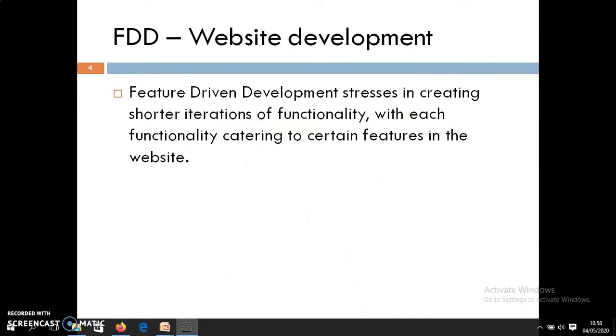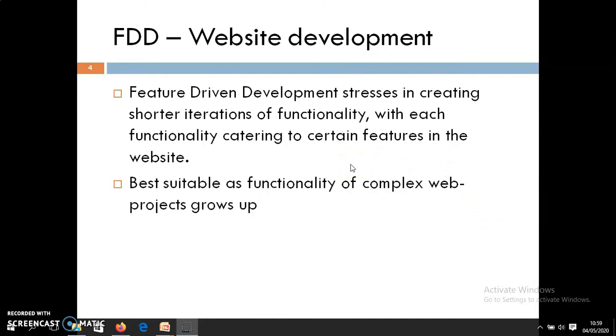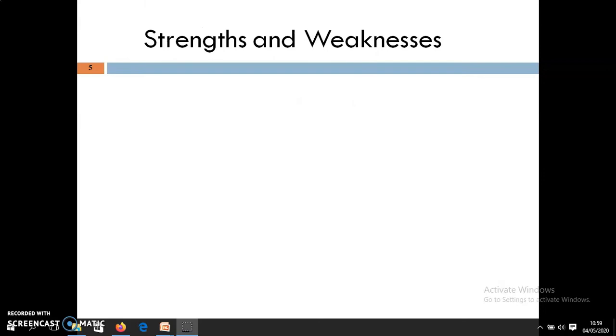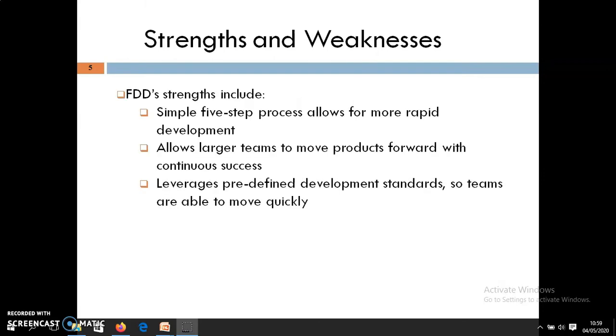FDD website development stresses creating shorter iterations of functionalities, with each functionality categorized into certain features of the website, considering the most suitable functionalities as a complex web project grows slowly and gradually based on its features.